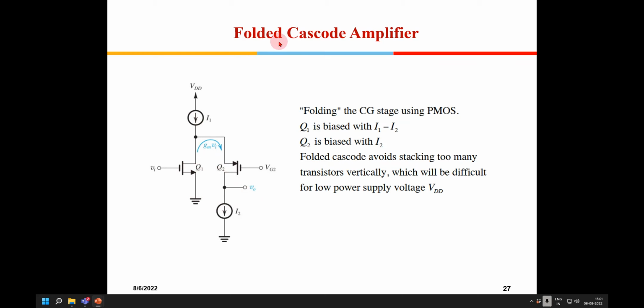That is why the name folded cascode comes, where you will find that not many transistors are here. This will be one transistor, this will be one transistor. So only 2 transistors are one above the other. Here also only 2 transistors, one above the other. So it gives me a little more flexibility. It gives me more headroom to compute the